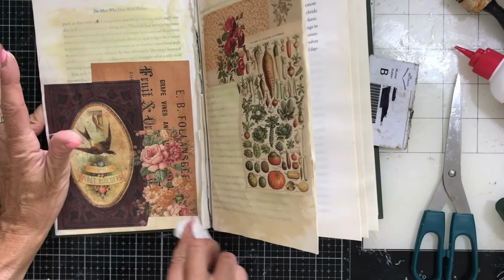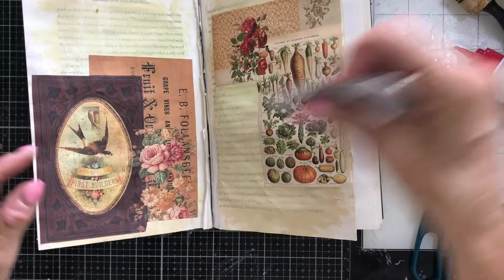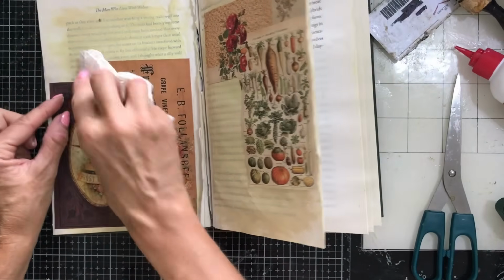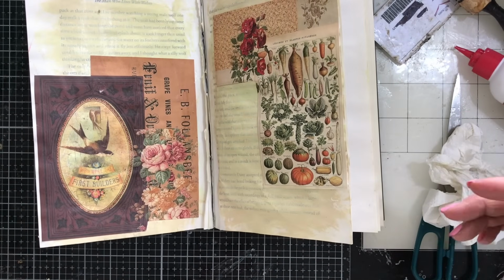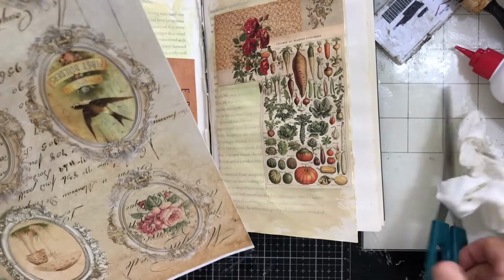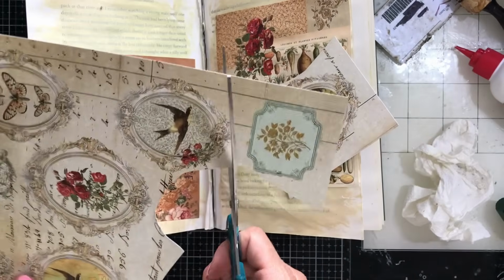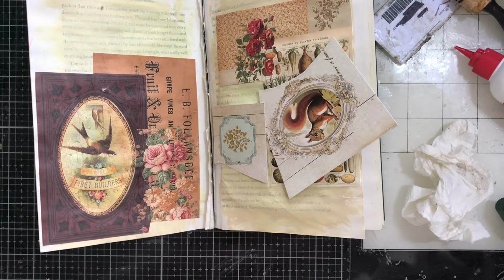Right, so we've made a good start, and then what I want to do is literally build up from here. Sorry, I just saw a wrinkle there. Get that out. And if I end up tearing the paper, like I have done here, it doesn't matter because I can just cover it up with stuff. So I'm not too worried. I've got quite a few of my autumn things here, so I'm just going to take one or two of those. Got the squirrel. Maybe take one of these. And then I've got a bunch of